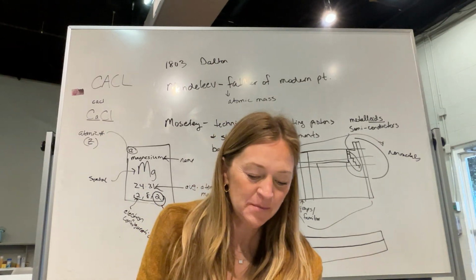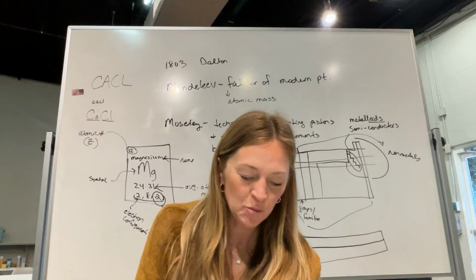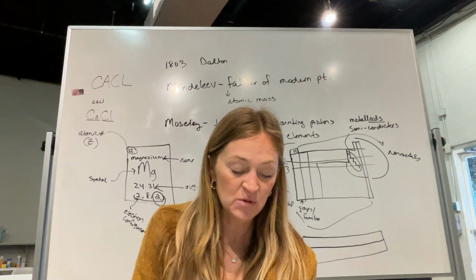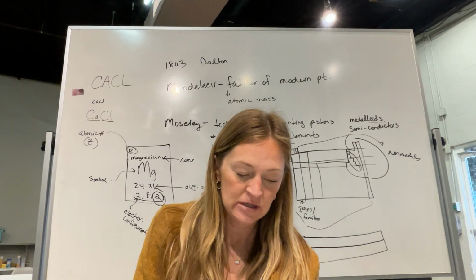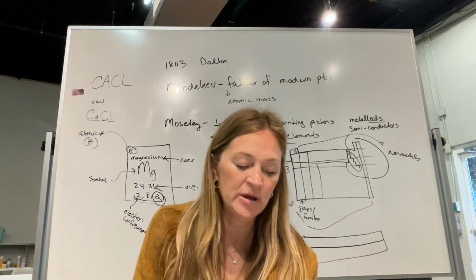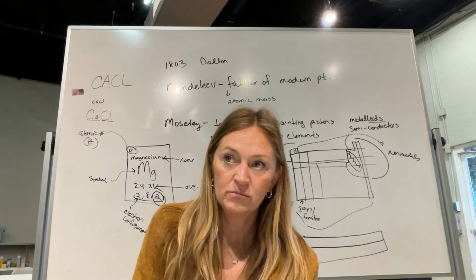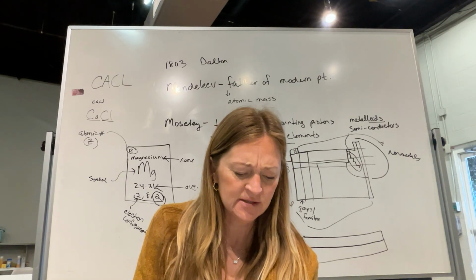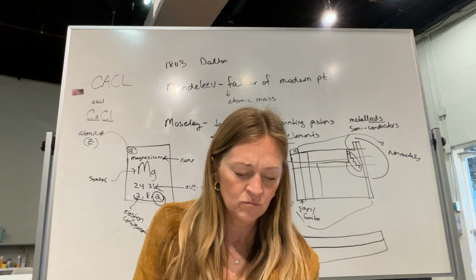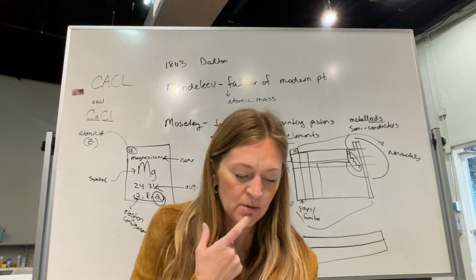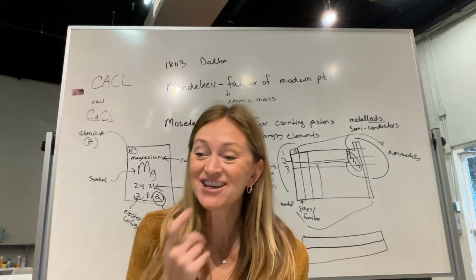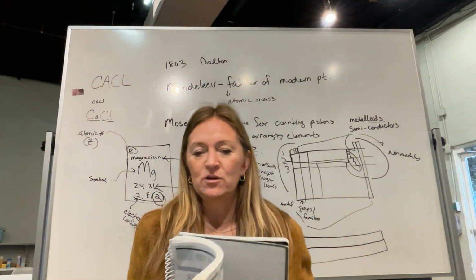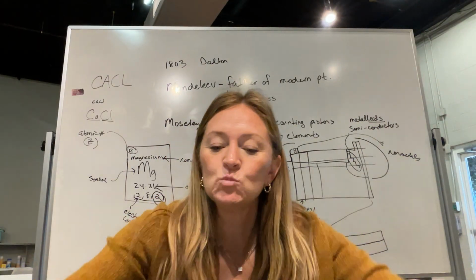Okay, so what period? 5. What group? 1. Atomic number? 37. Abbreviation? Rb. Okay, and metal, non-metal, metalloid? It is a metal. And atomic mass? 85.47. And how many valence electrons? 1. Yes, good job. All right, you guys got the hang of it? Oh, yeah. Okay, cool. All right, let's move on.